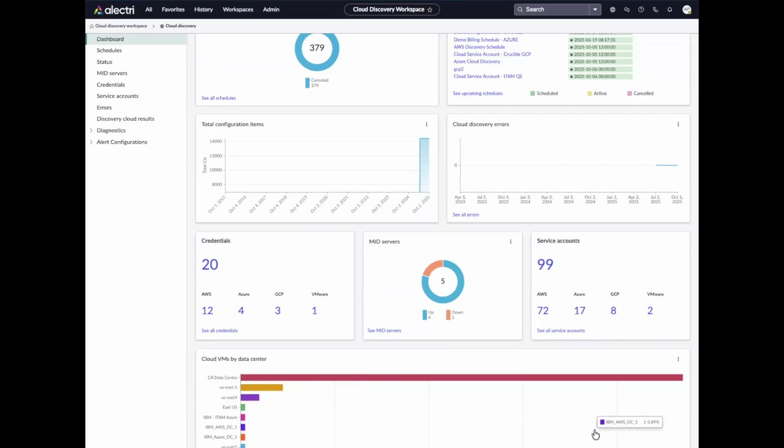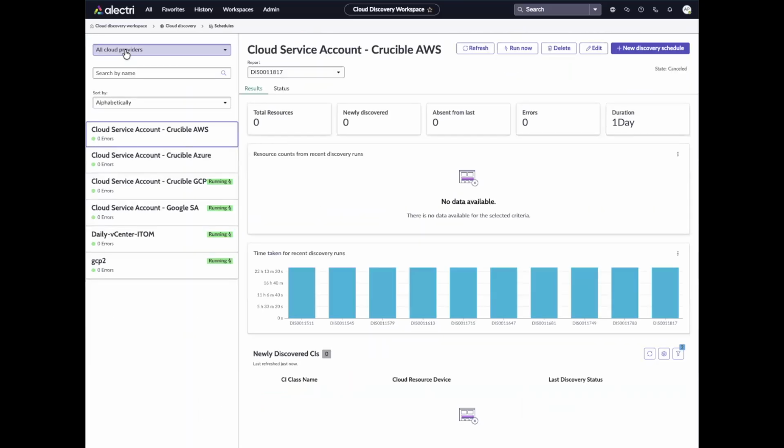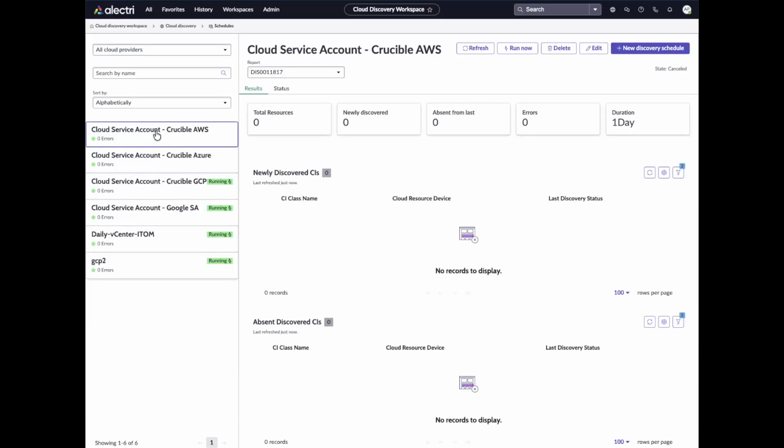Let's do a deeper dive into the discovery schedule. If we click on the discovery schedule right below the dashboard, it will take you to a list of all the current schedules that have been set up so far, and it will show you the schedule name along with the type of discovery. If we click on one discovery schedule,